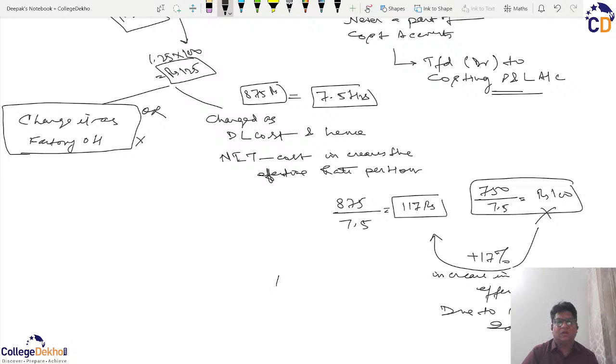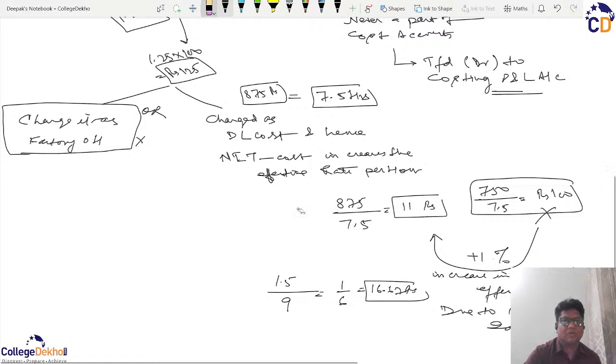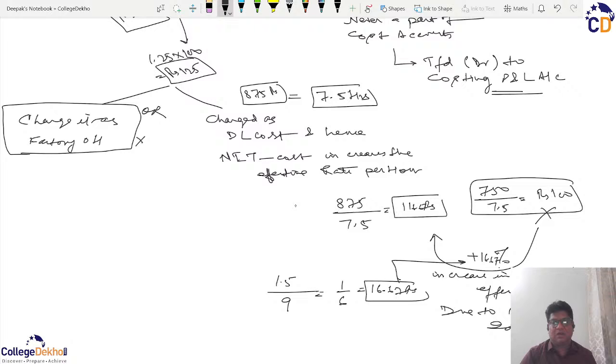And if you see this idle time of 7.5 hours in a total of 9 is 1/6, that is 16.67%. और यहाँ भी अगर मैं कैलकुलेट करूँ तो ये जो फिगर है, अगर मैं इसे एग्जैक्ट कैलकुलेट करूँ तो ये 16.67% है. तो आप यहाँ नोटिस करेंगे कि जितना टोटल टाइम में से आप आइडल टाइम वेस्ट कर देते हो,